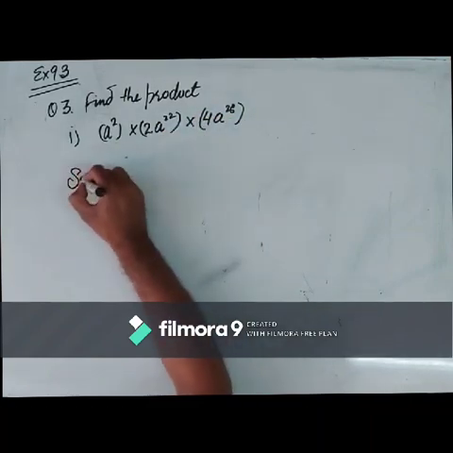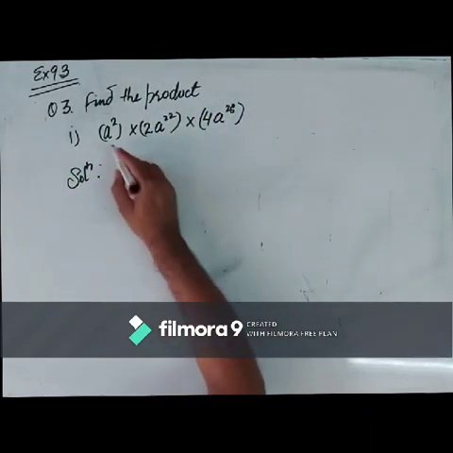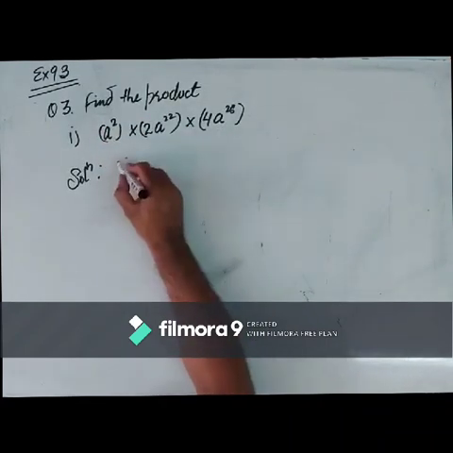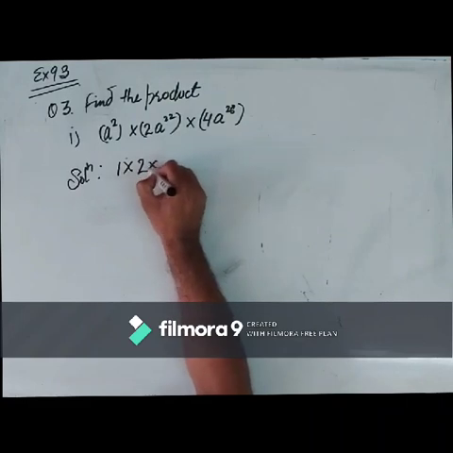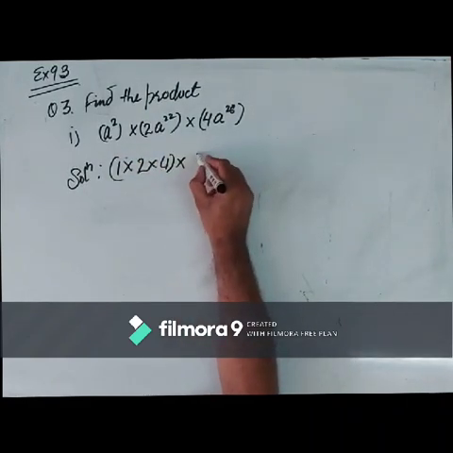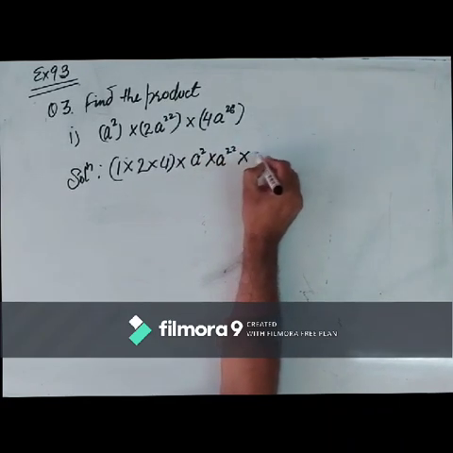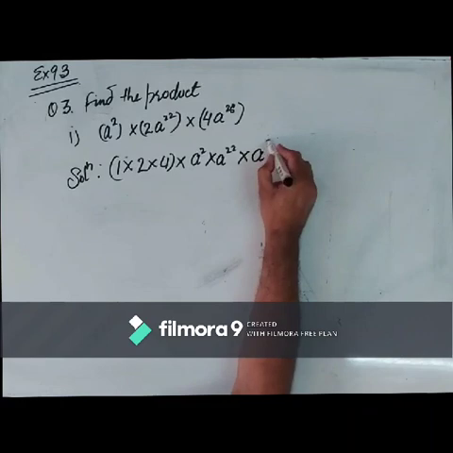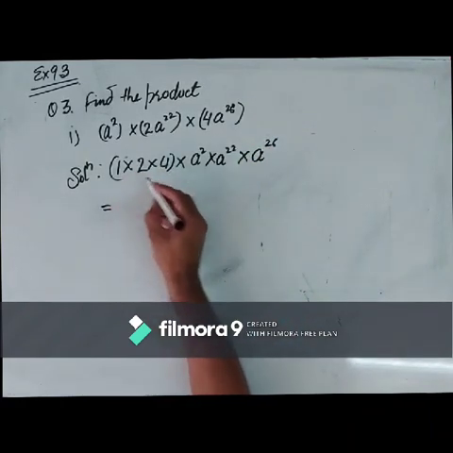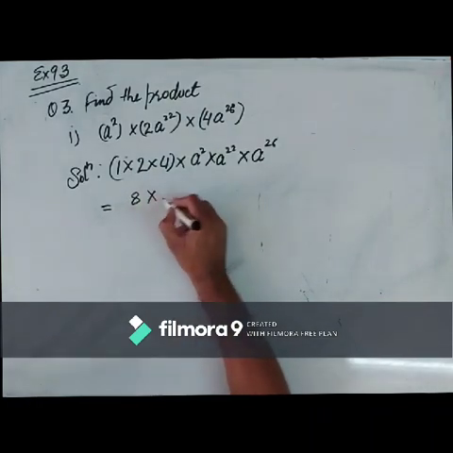So look, how do we do this? This is a bit easy now. One thing, all the coefficients are to be multiplied. This is 1 into 2 into 4, and in multiplication we have variables a square into a raised to power 22 into a raised to power 26. So how do we perform here? This is 4 into 2, 4 2s are 8, 1s are 8, 8 into